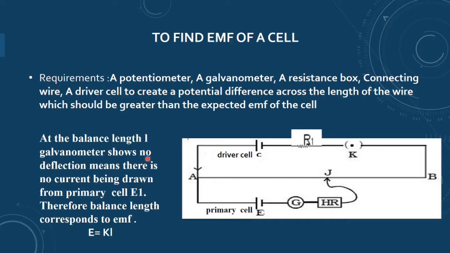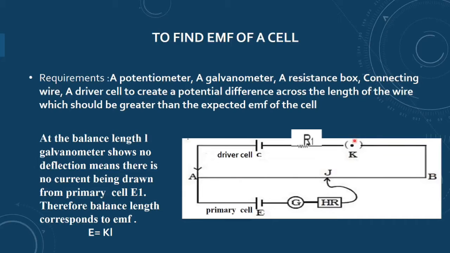What it is, that this is the resistance, or you can say the rheostat, which is connected in series with the driver cell, a key, and the negative of this driver cell is coming to the second end of the potentiometer, that is the B point, where we are having the 10 meter length or 1000 centimeter length with us in our lab, because we are having 10 meter long wire. So in most of the questions they mention whether we are taking the 10 meter long wire or they are taking the 4 meter long wire. That is always mentioned in the question. So that much length will be always given.